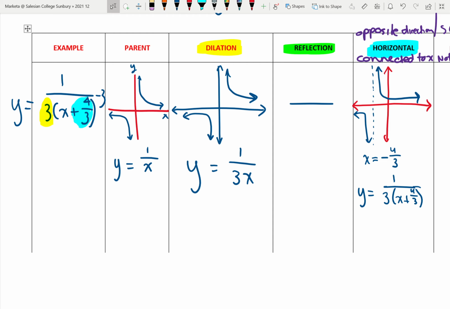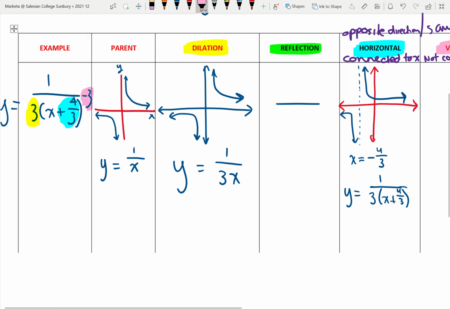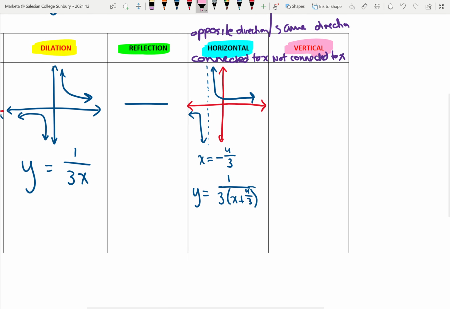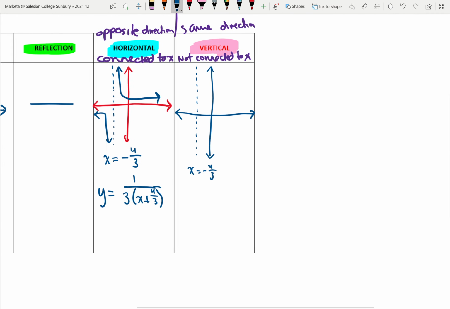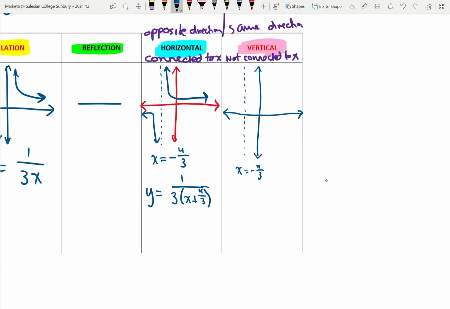The only leftover thing is the vertical shift. And the vertical shift is the thing that's not connected to the x. So it's not in brackets with the x, and we move in the same direction. So again, when you do transformations with mapping and matrices, you will understand why that is. So building upon what we had previously, x equals -4/3, and then the y value, I'll just go back and check, was -3. So now we're going to move our asymptote down to y equals -3,